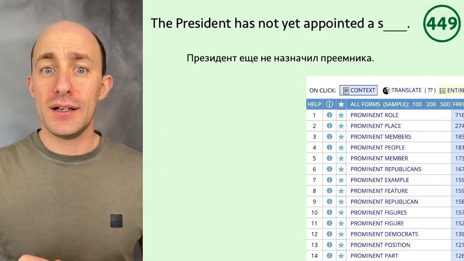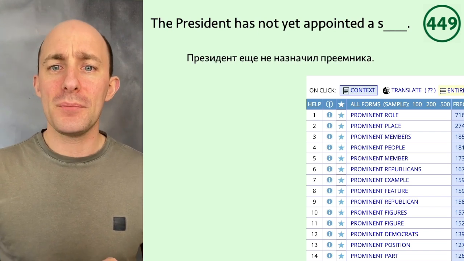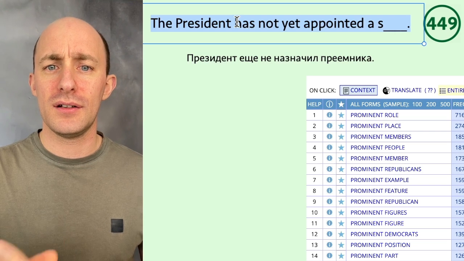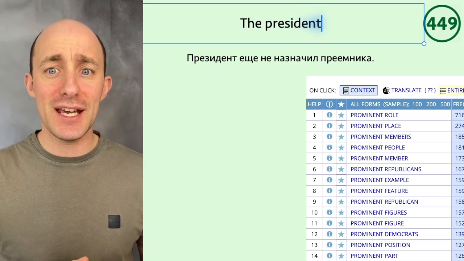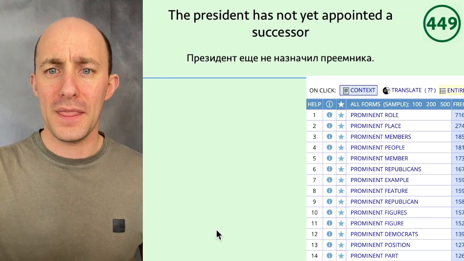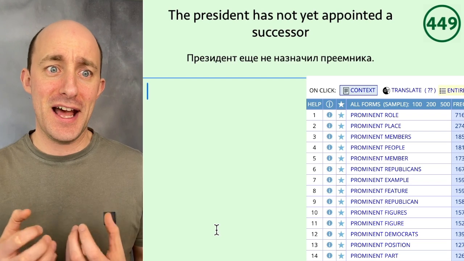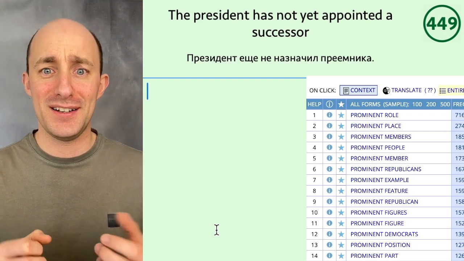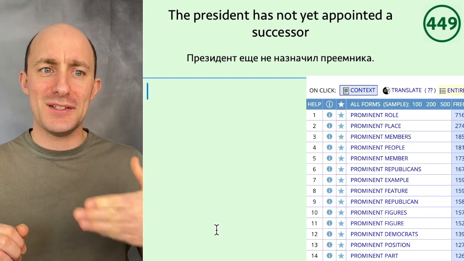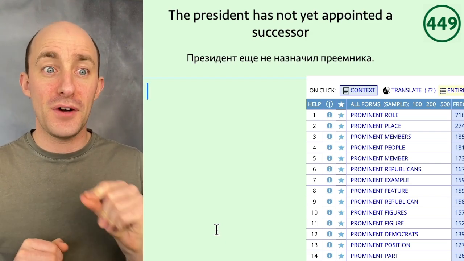449. This is the penultimate word, предпоследний, the penultimate. Президент еще не назначил преемника. The president has not yet appointed a successor. Because, okay, you know the verb to succeed, like to have success, успех. But to succeed also means to follow into a position of authority. So to follow is also